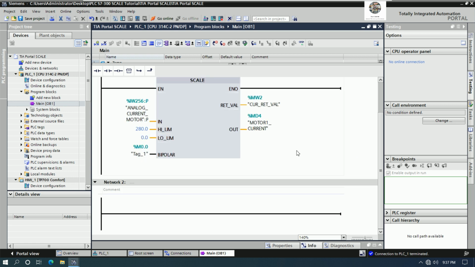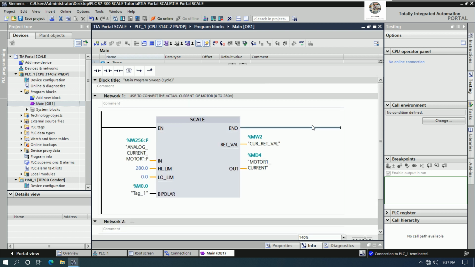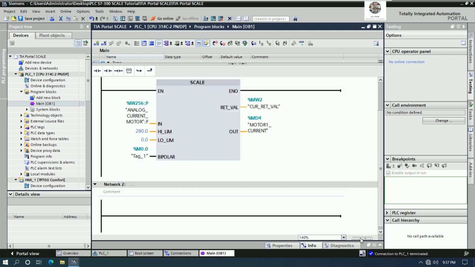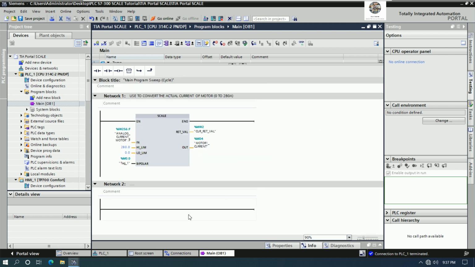Okay, so how to do it? So this one I need to show the temperature, show the actual temperature of the motor